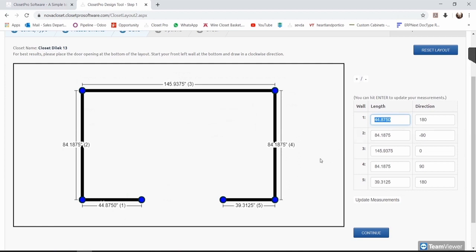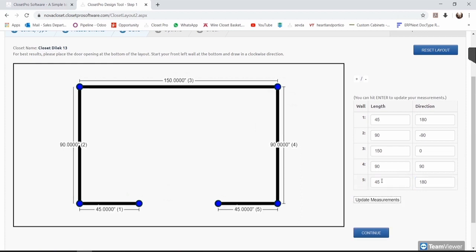For example, our first wall, let's write it 45 inches. Our second wall, let's write it 90 inches. Our third wall, let's write it 150. Fourth wall, let's write it 90 again. Our fifth wall, let's write it 45 again. And when we click update measurements in here, the measurements that we just wrote are